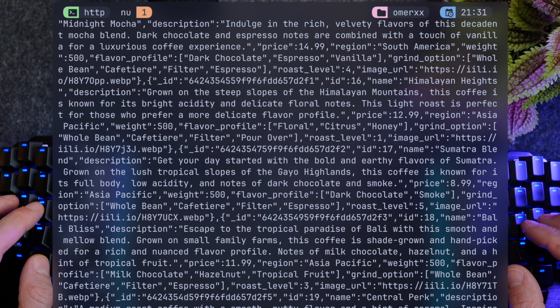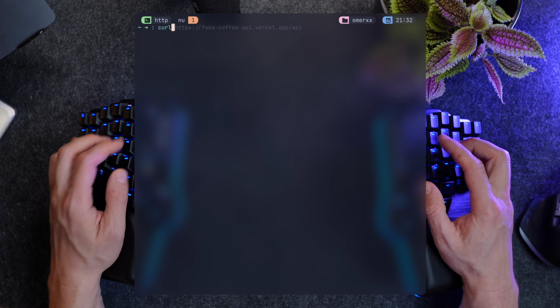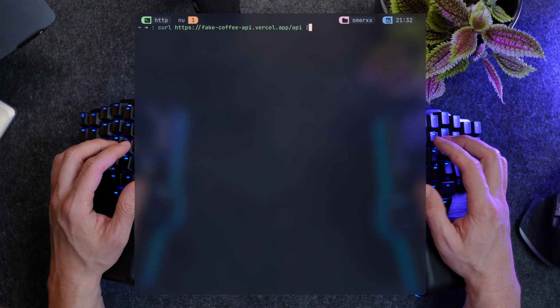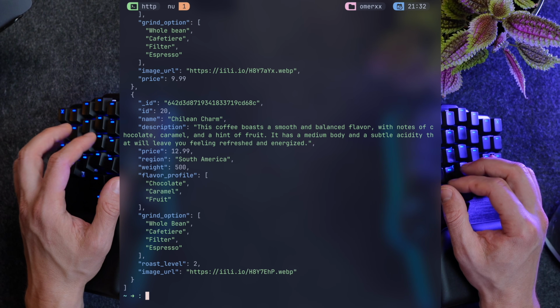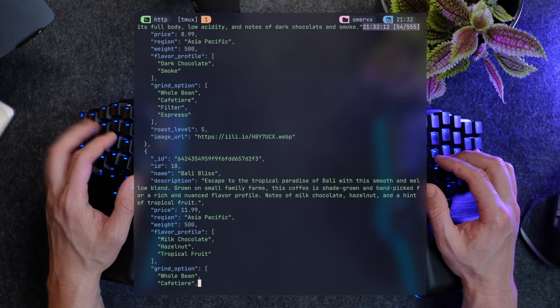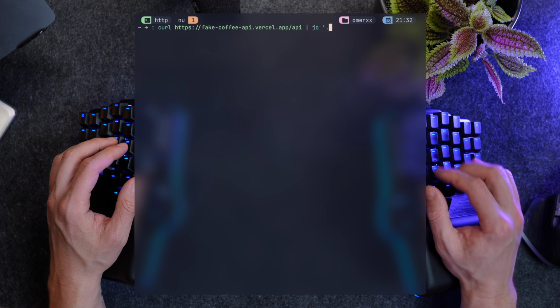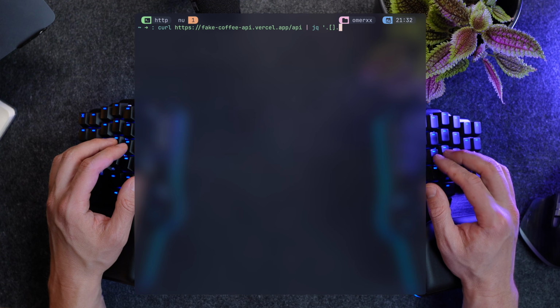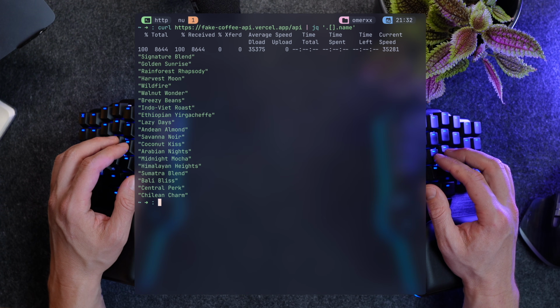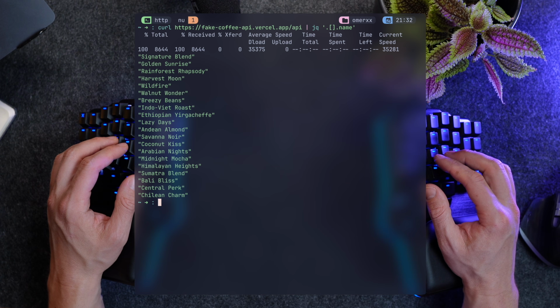This is quite hard to digest, so the first little improvement I can suggest anyone implements is a simple pipe to jq. Just by running this little parser, we can have a prettier, colorful structure to visually understand what we're seeing. Now, while this isn't a jq video, it's important to mention that the power under its surface is immense. For example, since we got an array of items, and assuming I only want a list of names, jq takes an optional query statement, which in my case goes through all items as stated by the empty brackets, and then takes the names under them.